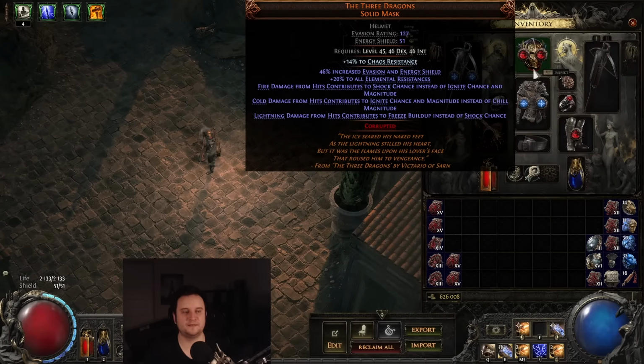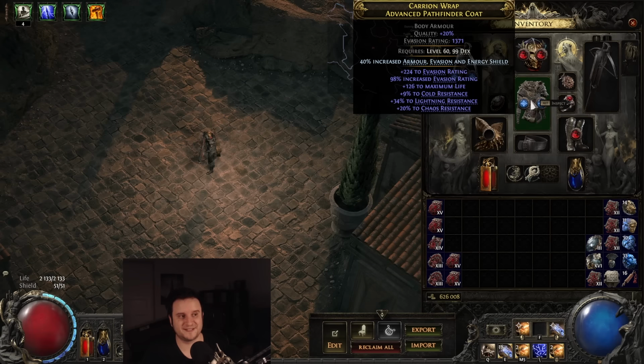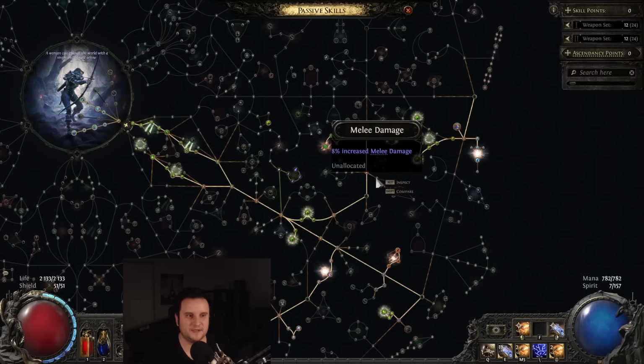With that out of the way, the second most important thing, of course, is 3 dragons. You cannot play without. Watch the intro if you don't know how this works. It also gives you a ton of Ellie res, so it's also really nice to boot. Maybe you can get a high roll. After that, body armor is quite important. You want as much evasion rating as possible. In fact, I would probably trade this life roll for even more evasion if I could, because the thing is,